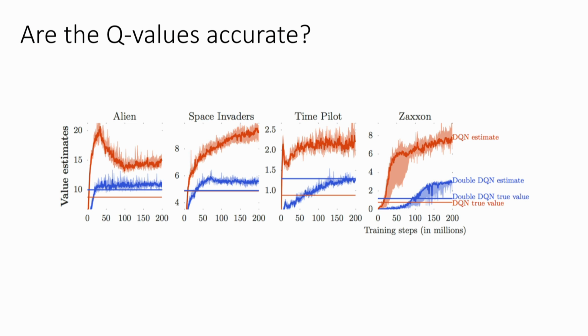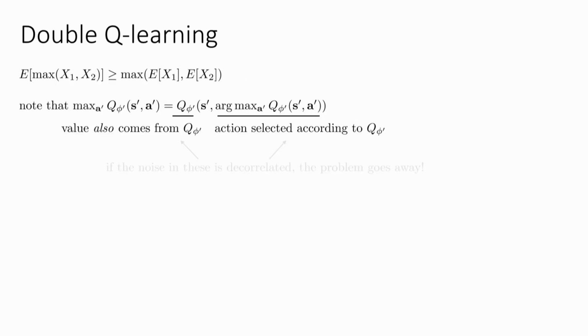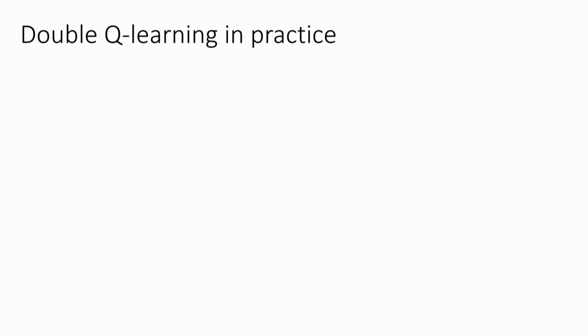Okay. Yes? Why don't we just have two target networks? We could. You could try implementing that for homework 3 too. It'll work decently well. It's just that then you have 3 networks total instead of 2.